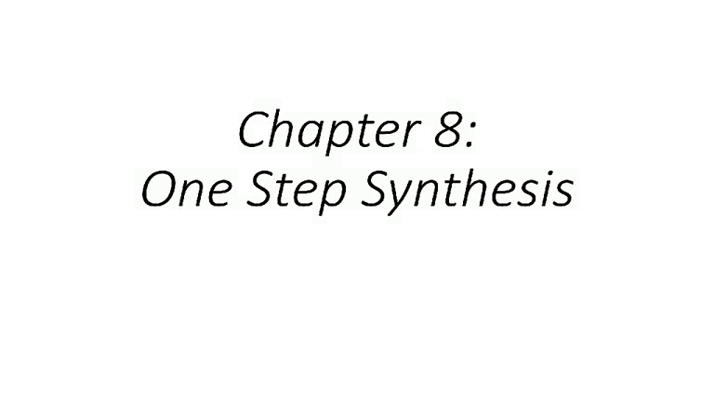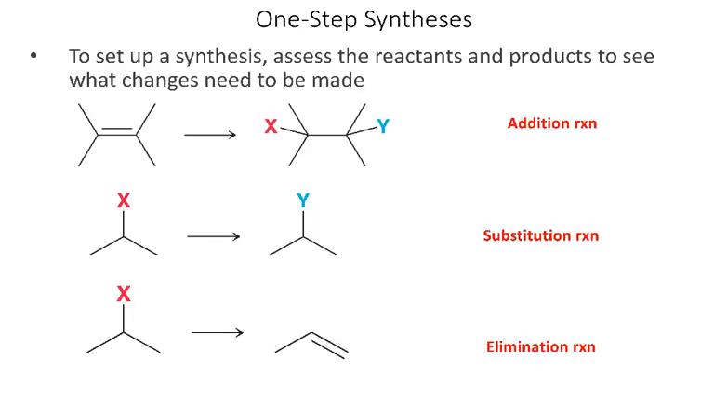In this video, we're going to look at some one-step synthesis examples from the reactions that we learned in Chapter 8. So to come up with a synthesis procedure, we need to compare the reactants and the products, see what changes there are between the two compounds, and then that will lead us to what reagents we need to use to